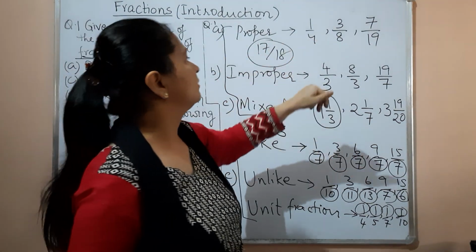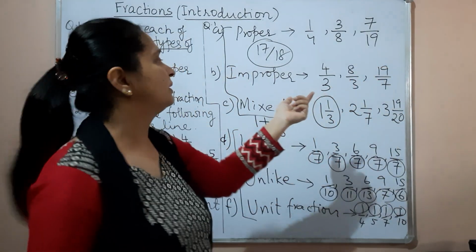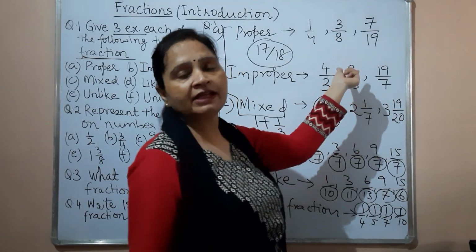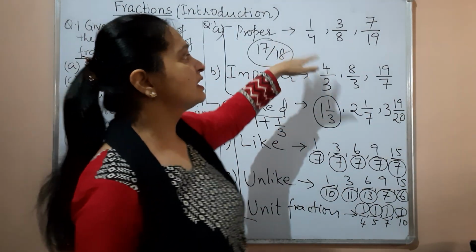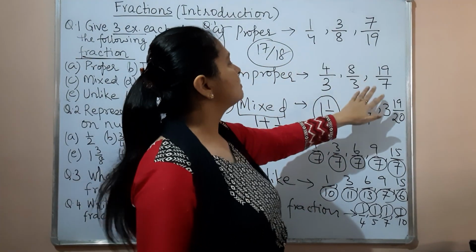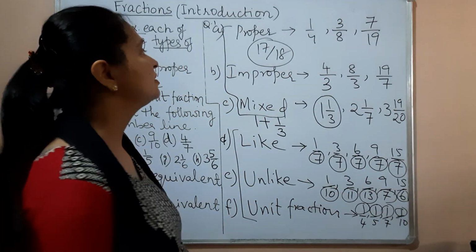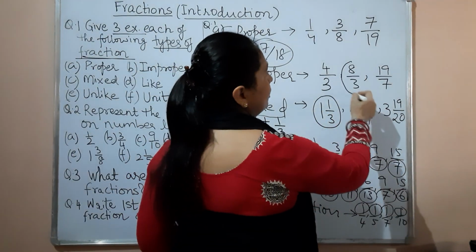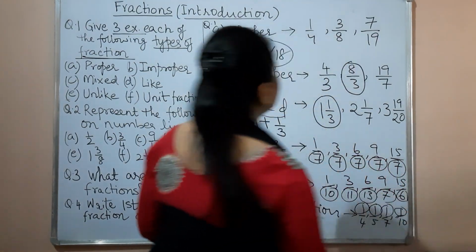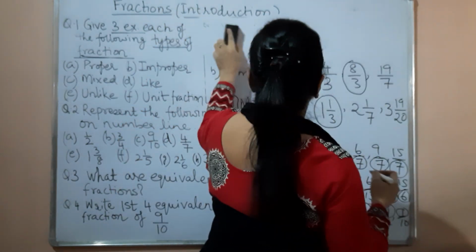So this is proper, it is okay. But if you have 7 pieces and give 19 pieces, it becomes improper, right? If the exam is of 3 marks and you get 8 marks, it becomes wrong. So if you choose these examples, then obviously you will understand that this is proper, but this becomes improper. 8 pieces out of 3 pieces is not possible, right? That means somewhere inside this a whole number part is hidden, all right? Whole number part is inside this.